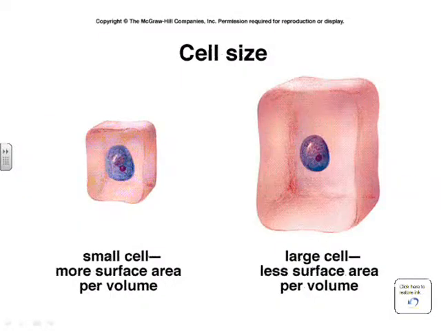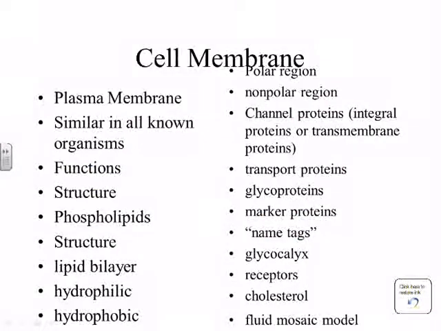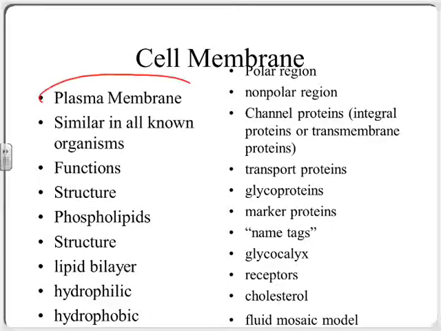All right, that being the case, let's talk about the last thing we'll deal with today, which is the cell membrane. Realize that a lot of times it's called the plasma membrane. Same thing. Sometimes you'll see one, sometimes you'll see the other. Know that they're both the same thing. We've already mentioned that it's pretty much the same in every known living thing. It's one of those conserved properties.